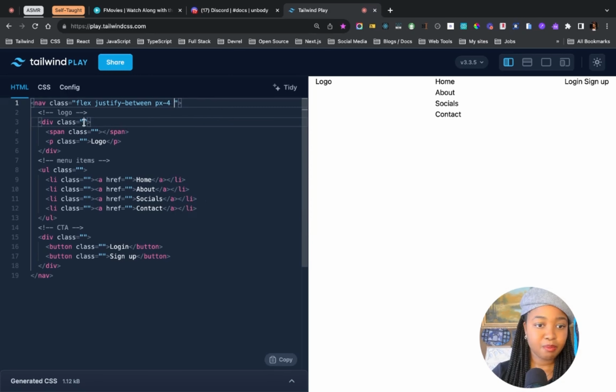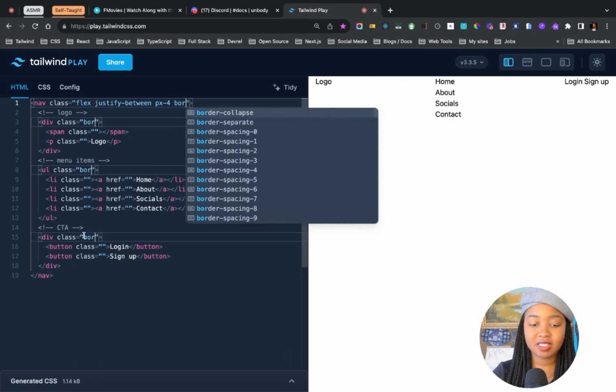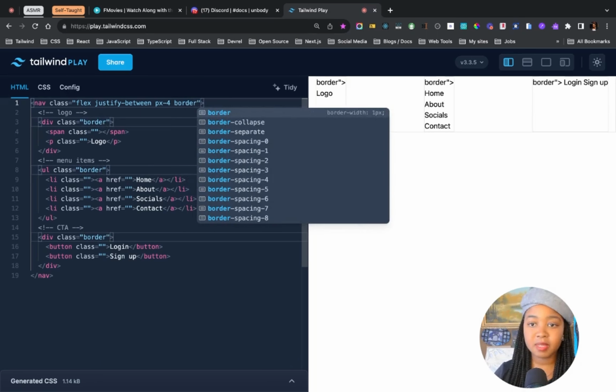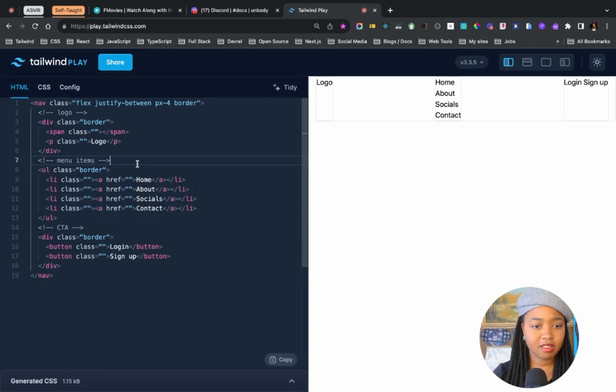Another thing I like to do is I like to give my elements a border class so that I see what is happening if maybe there are elements that are overflowing and don't work properly. So why is that there? Did I do something? Okay, yeah, it's not me. Okay, so we have that going on, and now we need to make these ones lie next to each other, and so we're going to use flex,